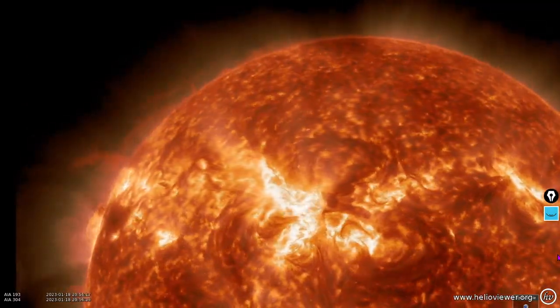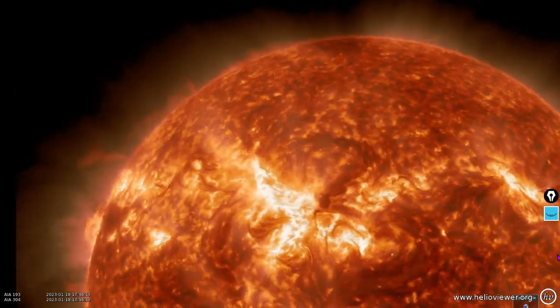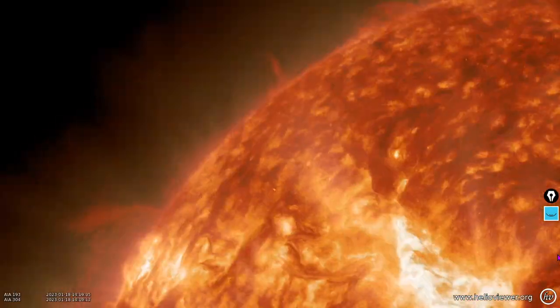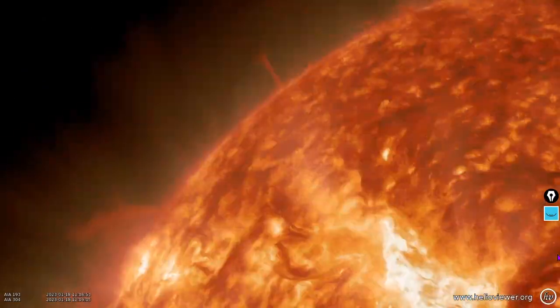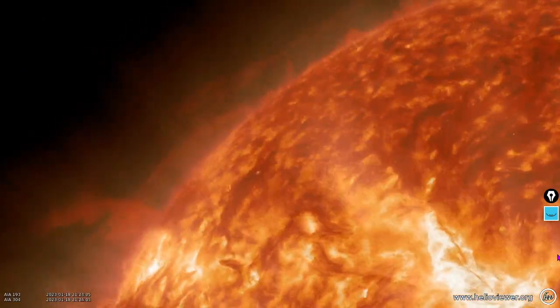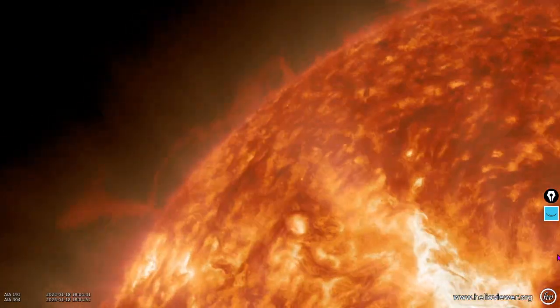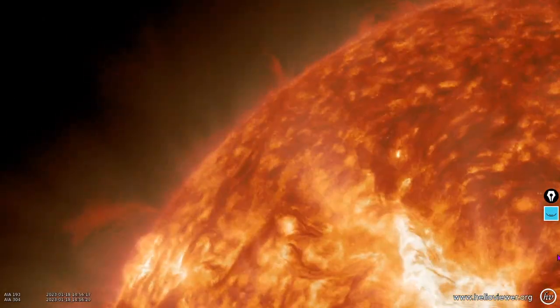We'll let you know. And this new prominence up here, this is probably the second largest filament at the moment. It is quite spectacular. So new active regions rising there in the northeast. And let's take a brief moment to look at Croissant Earth. How about